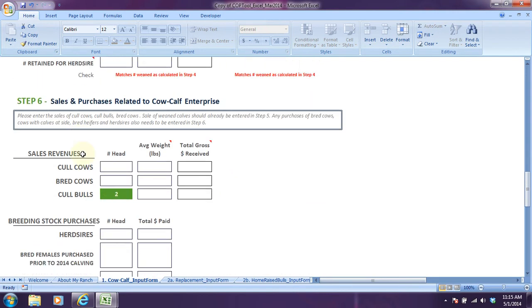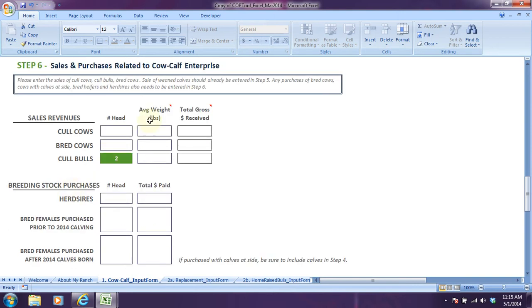Step 6, sales and purchases related to the cow-calf enterprise. So sales of culls, bred cows, cull bulls, and any breeding stock purchases that happen. So we know that 24 cows were sold, and here you need to specify whether some of them were culls and some were bred cows, or if they were all one or the other. In ABC Ranch's instance, they were all cull cows, and the table shows